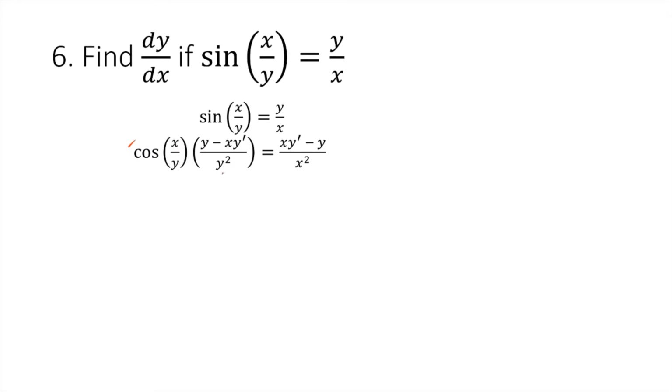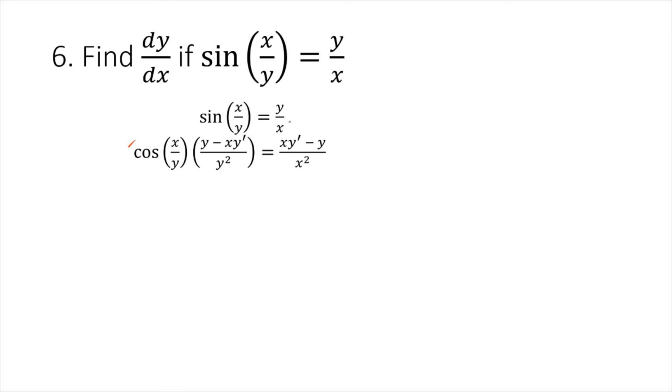Low d high minus high d low over low squared. So the first term in the numerator, low d high: copy the denominator y, and then differentiate the numerator x with respect to x. So that would be 1. y times 1, that's y. Minus the second term, high d low. So copy the numerator x, and then the derivative of the denominator y with respect to x. So we have here y prime, okay? And then divided by low squared, or the denominator squared. So y squared